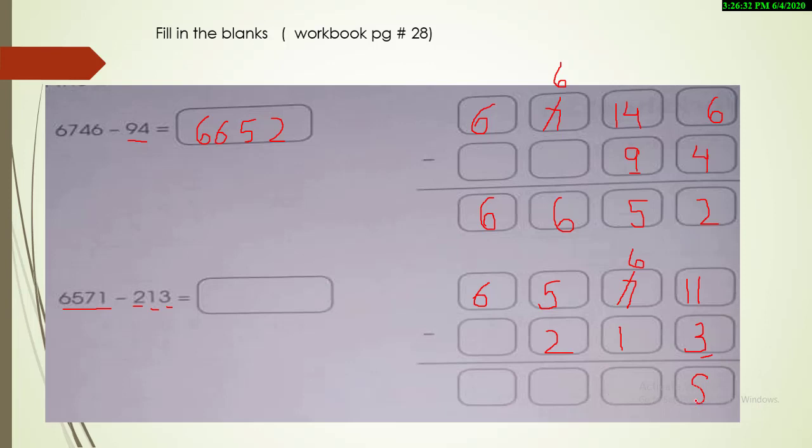Okay, it's 8. Yes. 6 minus 1. What will be the answer? That's easy. Just count 1 back. 5. And 5 minus 2. Just take out the 5 fingers. Close 2. What will be the answer? 3. Yes. And 6 will come as it is. So now my students, you are going to write down the answer over here and let's move to the next page. But the rest of the part of the page of 28 you will solve by yourself because I explained you how to do it.